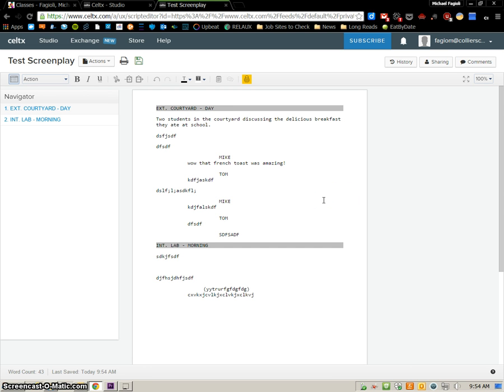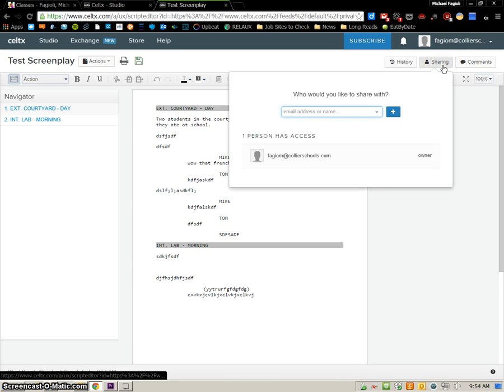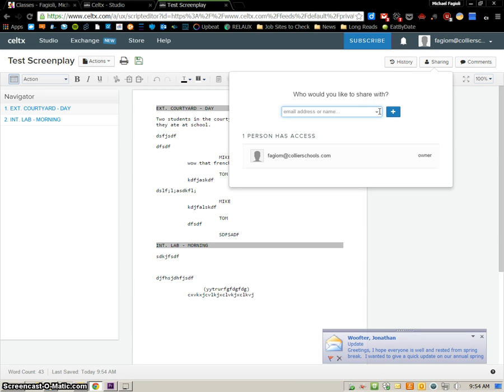So next is sharing. So when I'm done with this first draft, I want to share it with the person that I've decided to work with. So once you have that partner, you're actually going to be sharing it to two people. So up here in the top right, you see the sharing button. All you need to do is add people's email addresses in there for who you're going to share it with. So you need to share it with two people. One is me, which you actually see my email address right here,